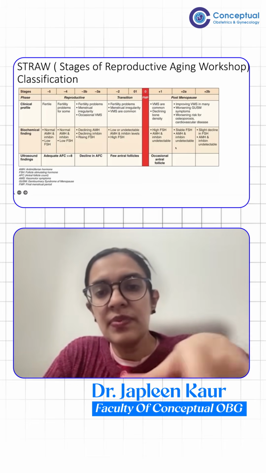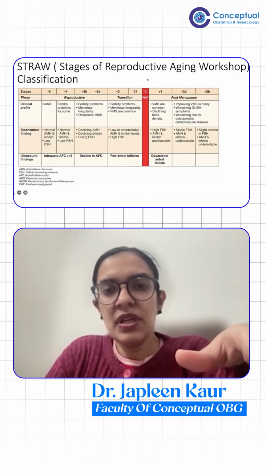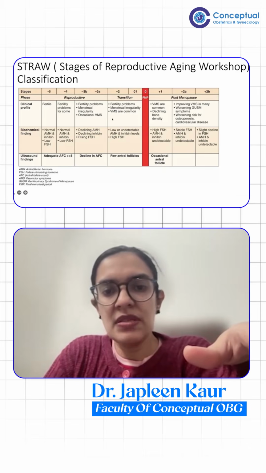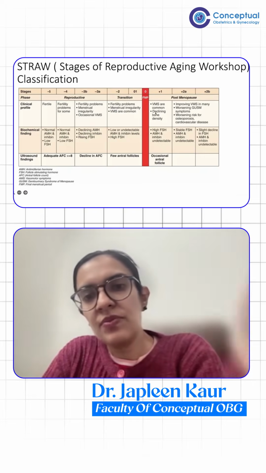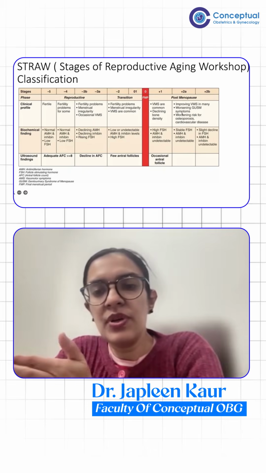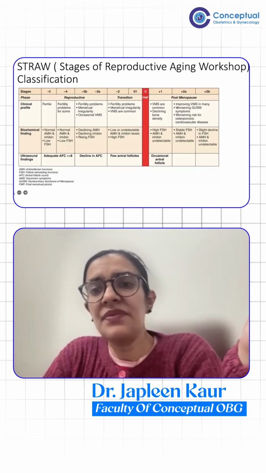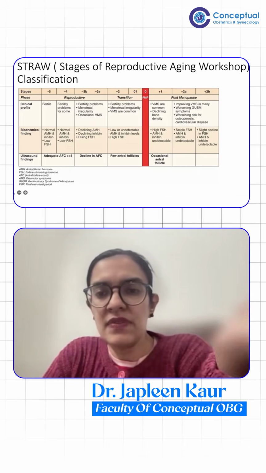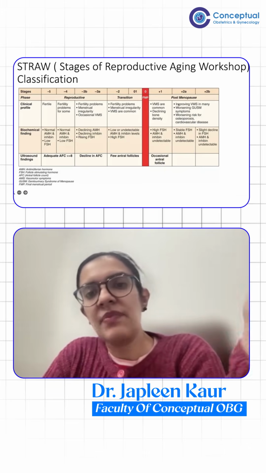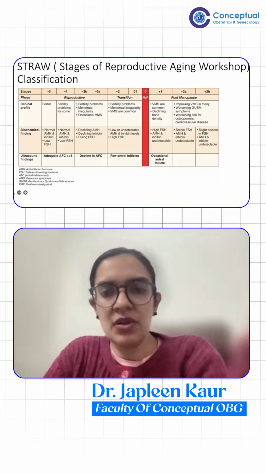Now these stages are important to define because you know that you need to start acting within this window, the -2 to +1, right? In the +2, so more than about 4-5 years post-menopause, now you will have worsening of the genitourinary symptoms, worsening of osteoporosis and CVS risk, although at this time after 4-5 years the VMS may start to improve.